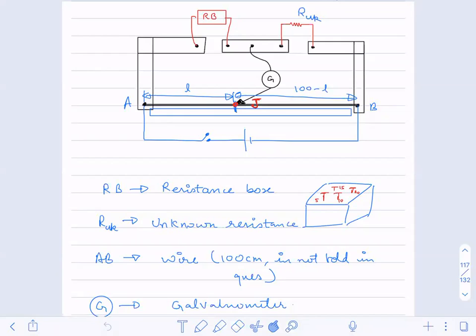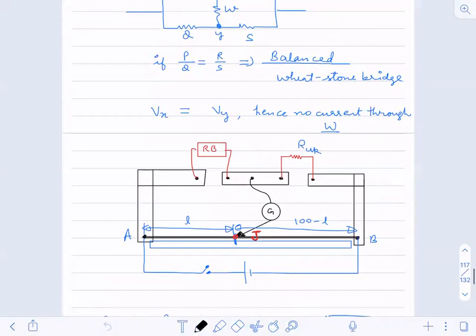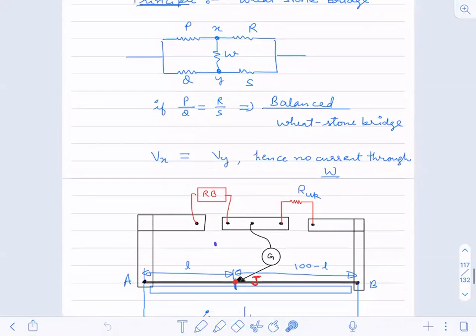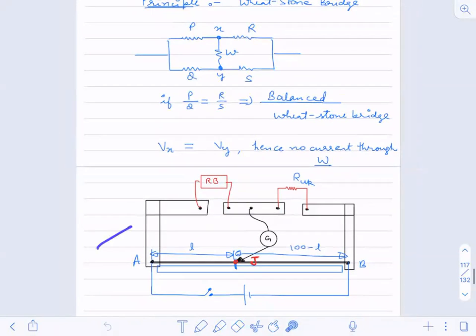So just let me know in this Wheatstone bridge, this meter bridge. This is the setup in front of you, and you have this Wheatstone bridge also. This is the setup here, and this is the meter bridge.